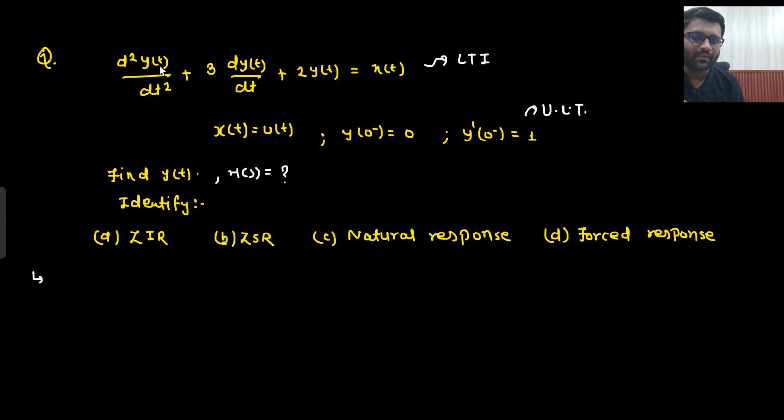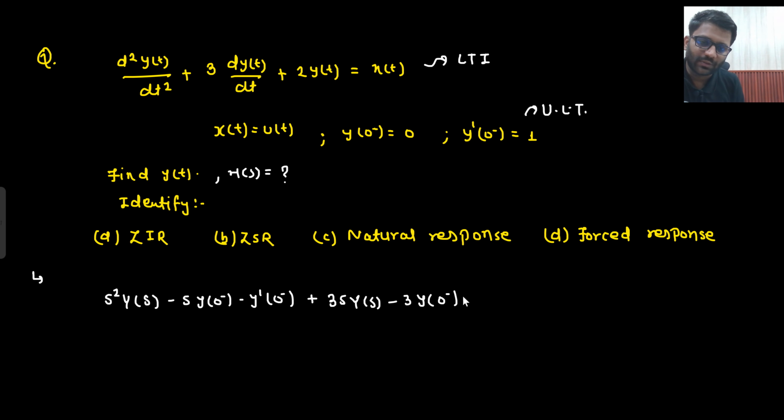d²y(t)/dt² becomes s²Y(s) minus s y(0⁻) minus y'(0⁻). How would you remember? If there is differentiation 2 times, then it will end with the differentiation of 1 time. So the confusion would be whether the dash goes here or here. So you remember that if there is a differentiation of 2 times, then it will end with the differentiation of 1 time. Plus 3sY(s) minus 3y(0⁻), plus 2Y(s) equals